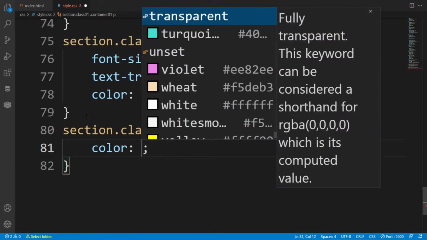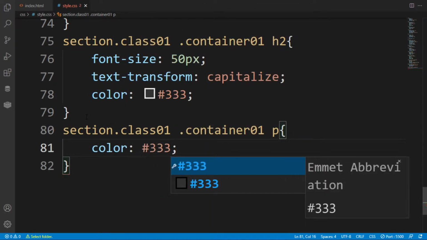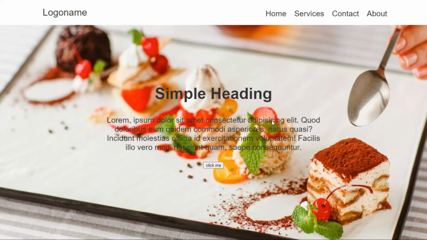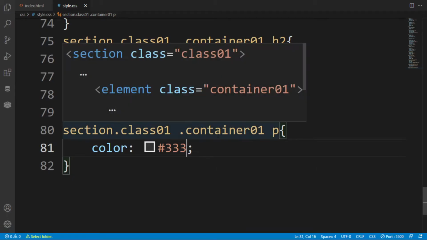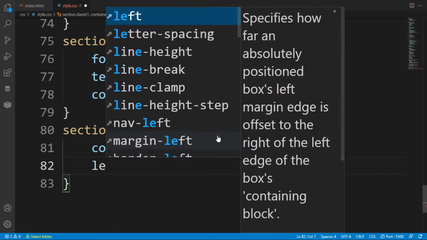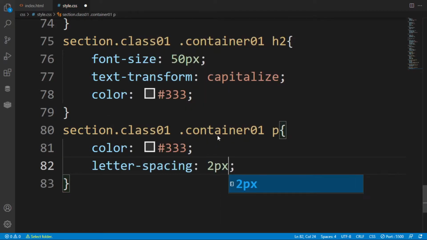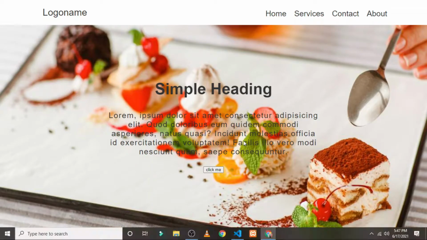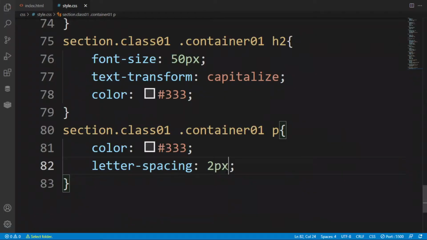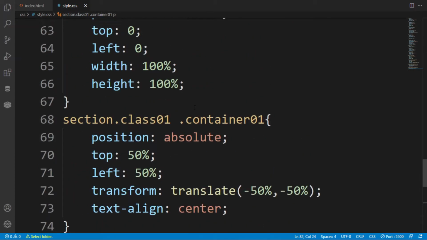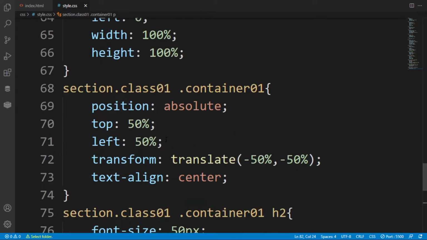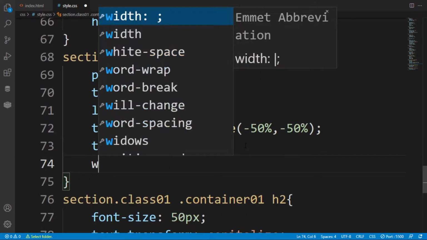So put the color somewhat gray, and after that you can give the letter spacing 2 pixel so that the text that we have written will have a gap. And here I am increasing the width that we have set on the container.